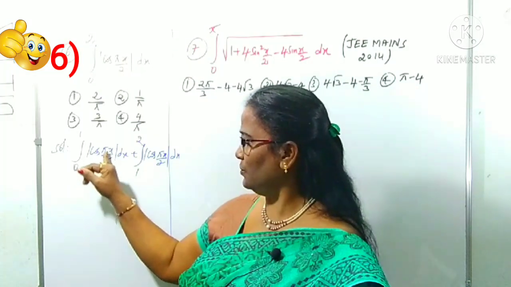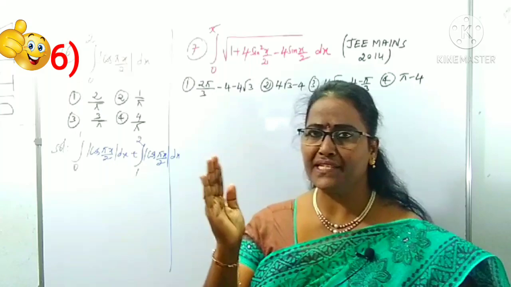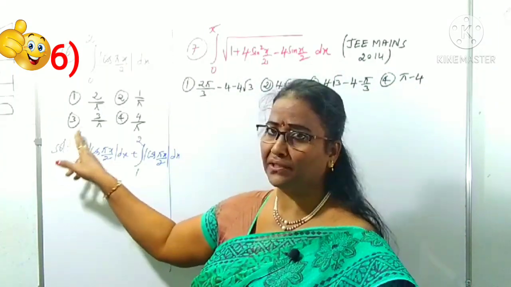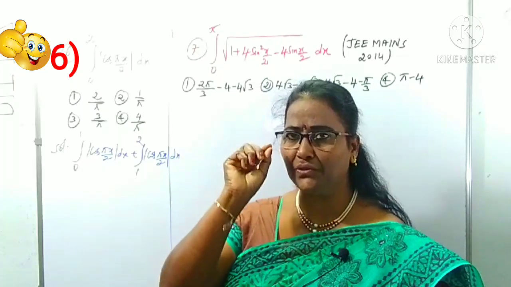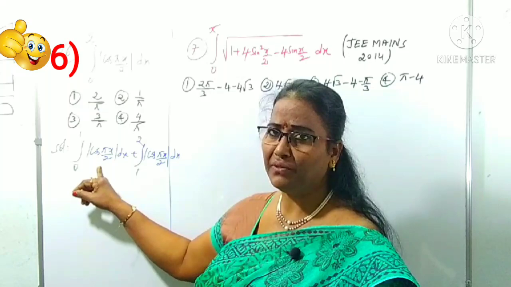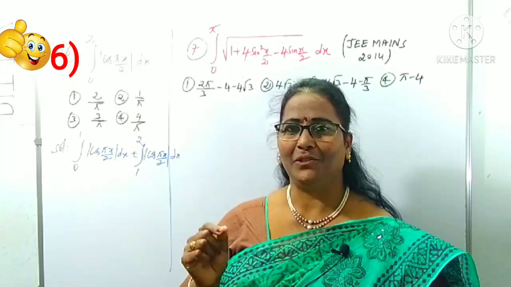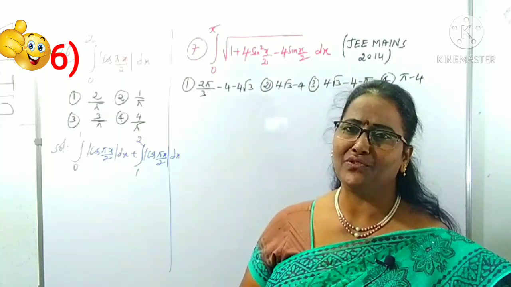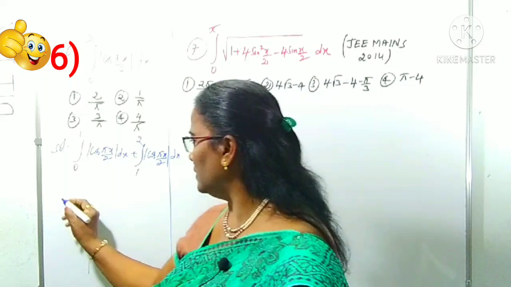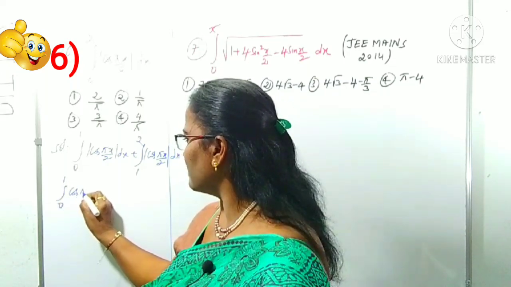If we take x is 0, cos 0, x is 1, cos pi by 2, it means the cos function varies from 0 to pi by 2 and x varies from 0 to 1. That is the major point you have to concentrate on. If x is 0 to 1, cos pi x by 2 is from 0 to pi by 2. You know that 0 to pi by 2 is the first coordinate. In the first coordinate, every ratio is positive, so we can take the positive value for 0 to 1. Positive means simply cos pi x by 2 we can write.